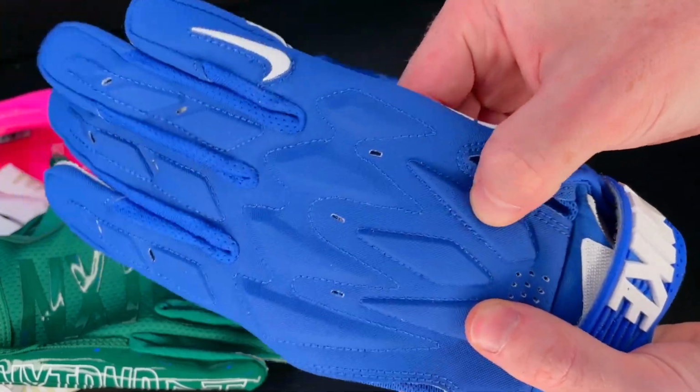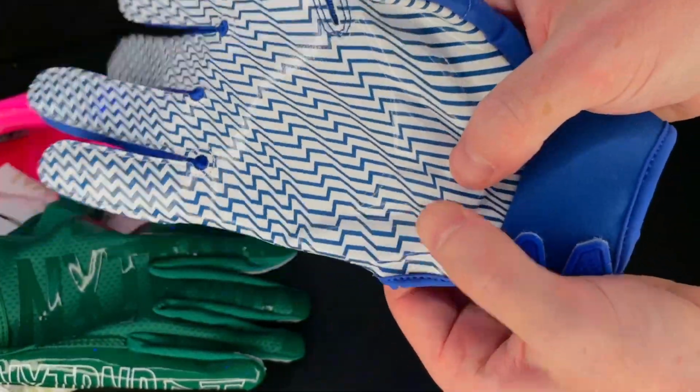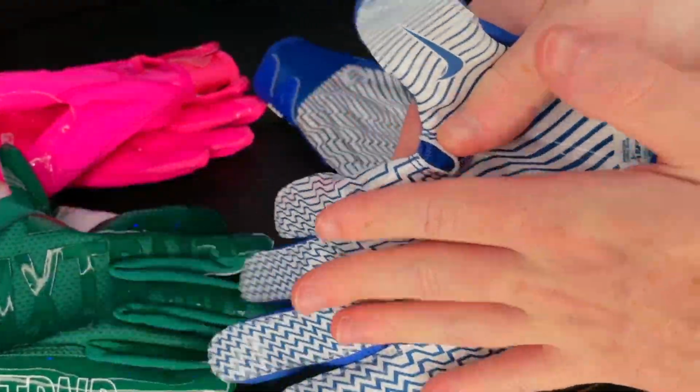Lineman gloves are big and bulky and have tons of padding and support all the way around. And they also come with a different palm material for more durability and better grip on opposing players instead of a sticky palm that's used to grip the football. Because obviously linemen don't really touch the ball too much, except for centers, but I'll talk about that at the end. Now Next Trend does not have a lineman glove yet, so I'm going to show you guys the Nike